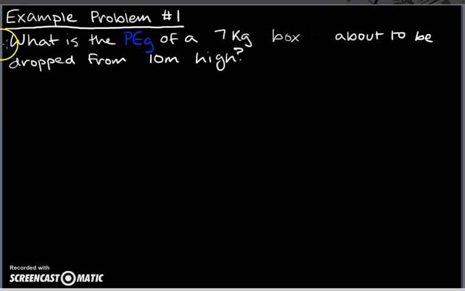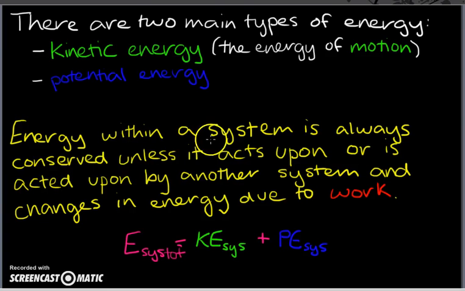Example problem number 1. What is the potential energy of gravity of a 7 kilogram box about to be dropped from 10 meters high? Now, your first instinct may be to write down the equation for potential energy of gravity and just substitute everything in. However, you've just forgotten the most important thing that I have already said in this video, which is that